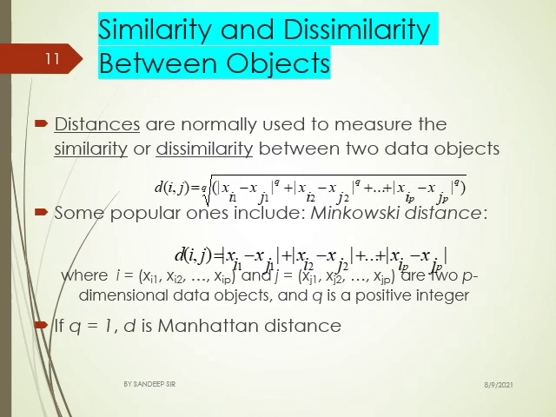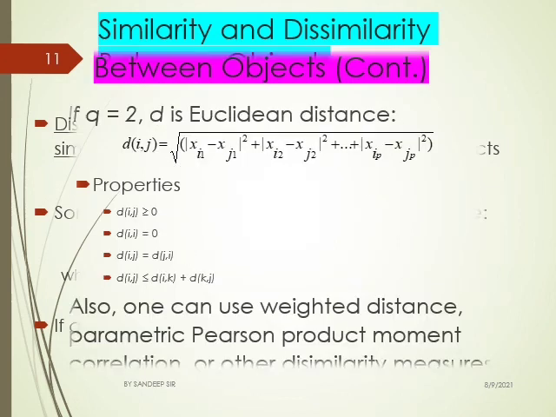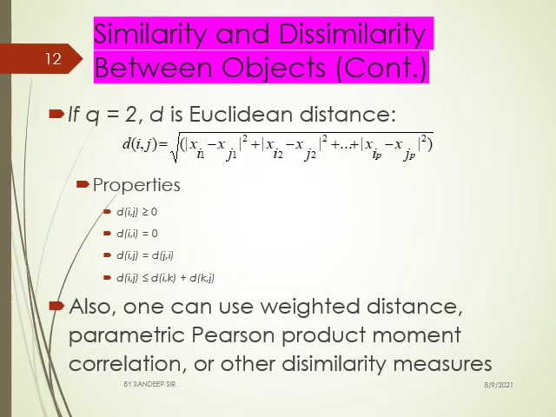We can continue, where all these points xi1, xi2, up to xip belong to the first cluster, and the second part j belongs to the second cluster. So the points in the first cluster and points in the second cluster are two p-dimensional data objects, and q is a positive integer. If q is 1, d is the Manhattan distance. This is how it is calculated. Similarly, we can have the second part where q is equal